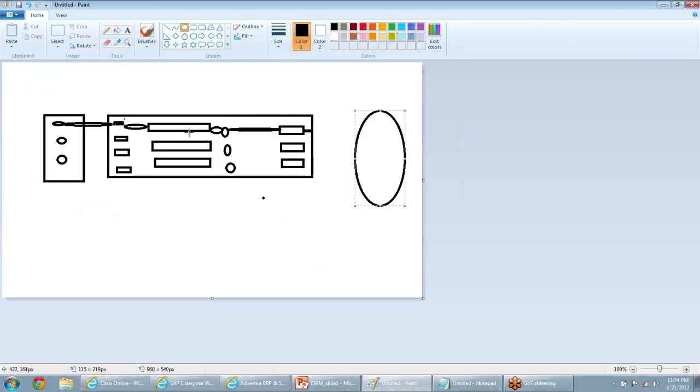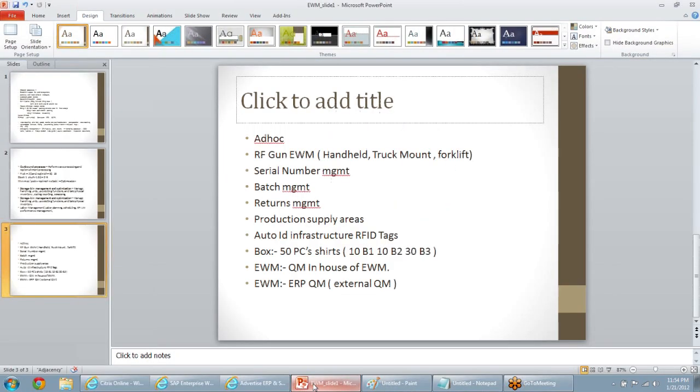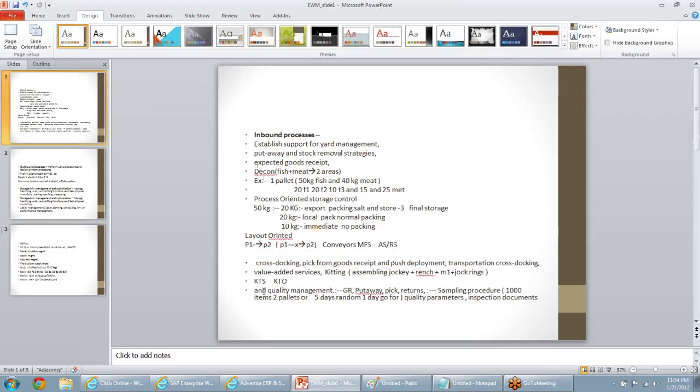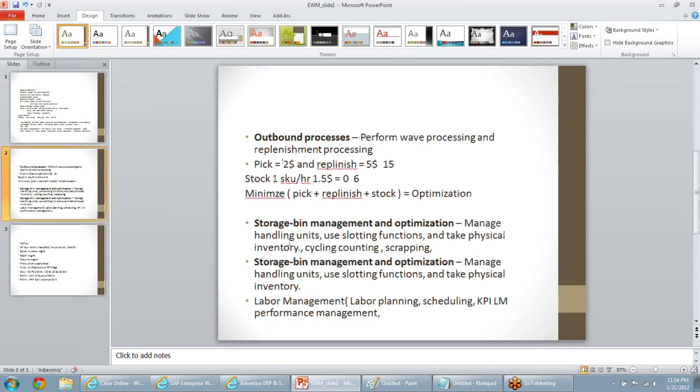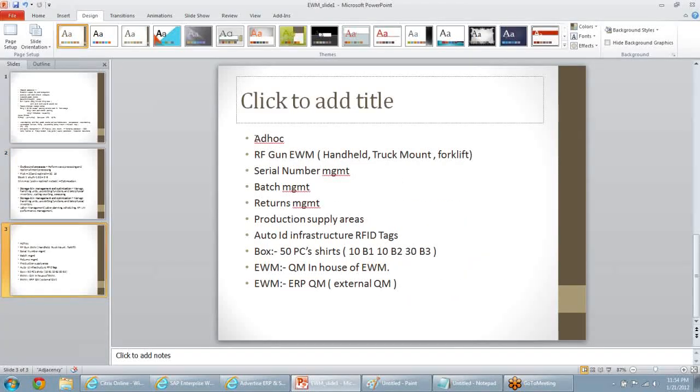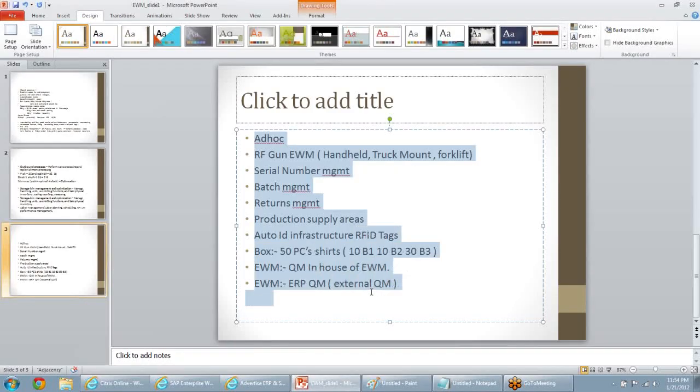Once that is done, we'll take the initial, very simple scenario: the goods will be coming in, and how to configure the putaway strategy. Suppose if I get fish, it has to come here. The meat, if I get it, it has to go here. So how to configure the different scenarios, and how to send it to the packing work centers, and labeling, kit to stock, kit to order, like any warehouse activity, whatever we discussed. I think we discussed around 10 features here, and around 12 features here, and how to do the slotting, optimization, and all this minimization, and the features.